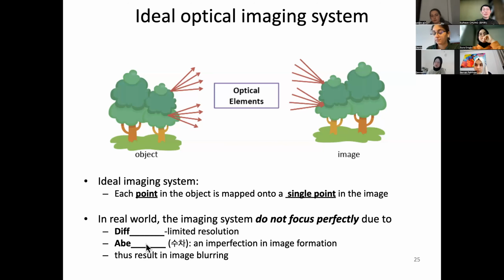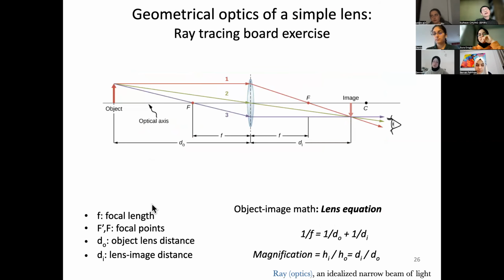And so this all is really why we cannot have perfect imaging, and you have to be aware of the limits, okay? And let's go on to a little bit of geometric optics. I'm sure you will not be building your microscope at this point, but this is a kind of